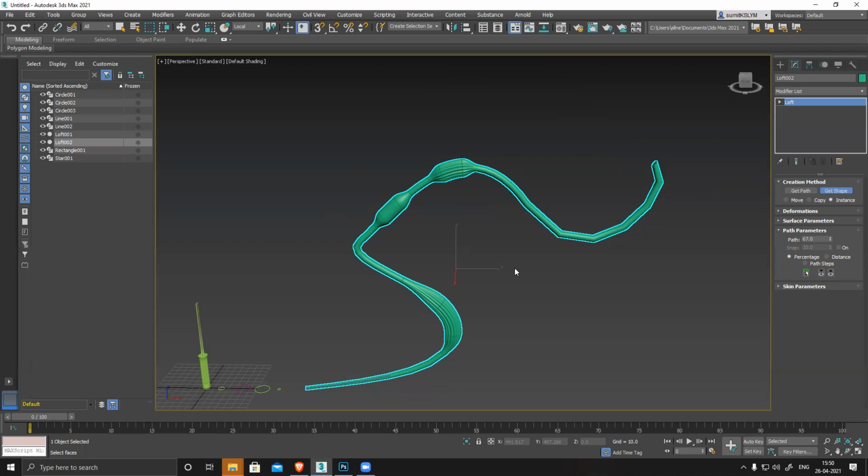Especially in gaming, you have a lot of wires and pipes and drainage, or some hanging wire, or maybe some rods intertwined with a grill. In that case, how to create this? This is how we do it. It's a super easy, super fast process. It makes your life way easier.